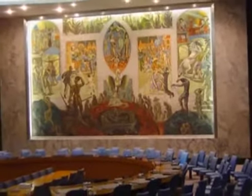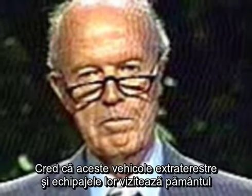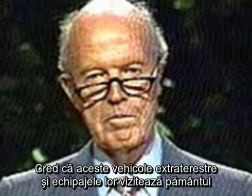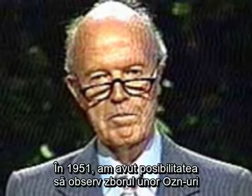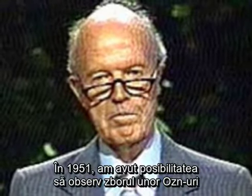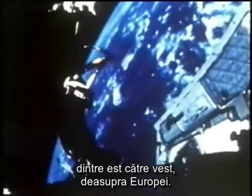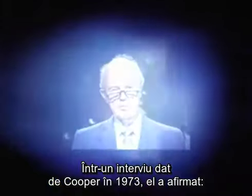In a letter signed by Gordon Cooper, he said, "I believe that these extraterrestrial vehicles and their crews are visiting this planet from other planets. In 1951, I had the opportunity to observe flights of UFOs of different sizes flying in fighter formation from east to west over Europe." In a tape-recorded interview given by Cooper in 1973, he stated, "For many years I have